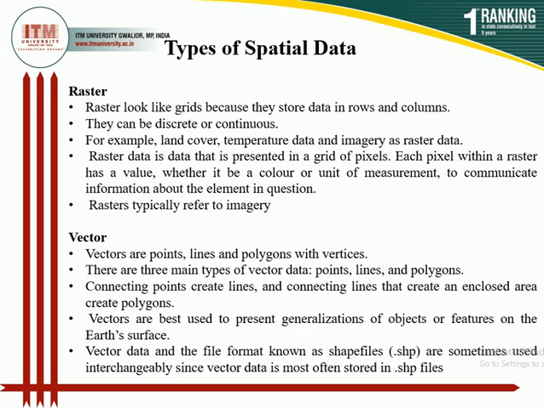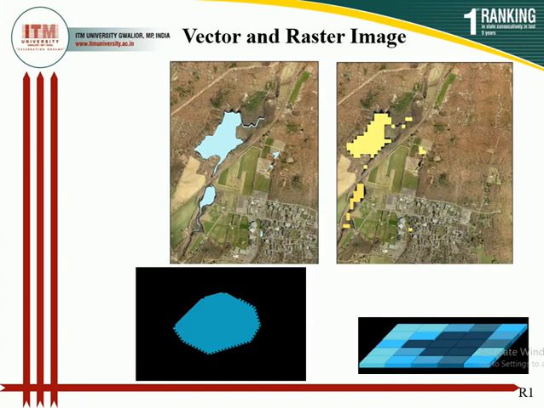The coordinate system like latitude, longitude, and altitude points are considered in the vector data, but they are not considered in the raster data. In the raster data, the area, lines, and point have fixed area, meaning the finite area is represented by raster data. Infinitesimal area is represented by the vector data. The vector data took very small storage space, and the raster data took large storage space. These are the examples of vector and raster data.